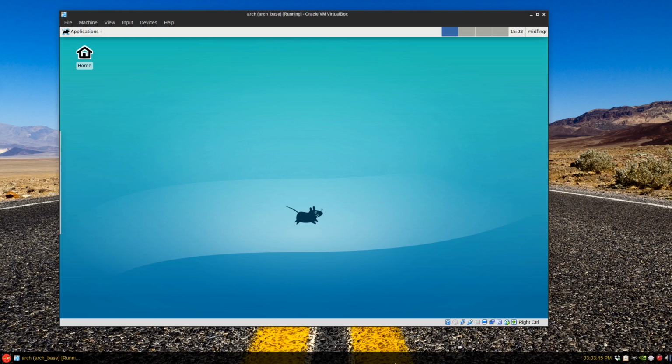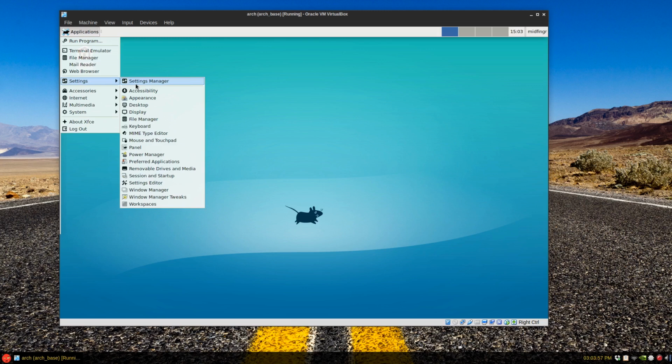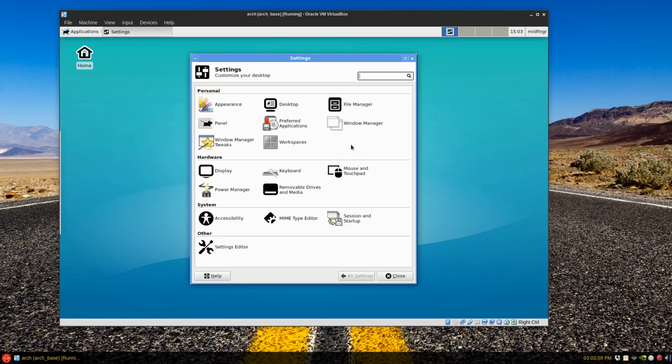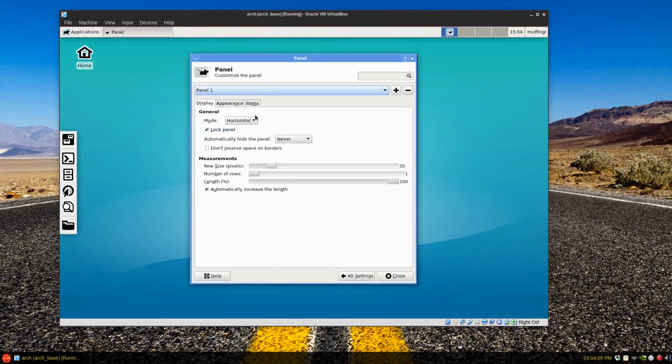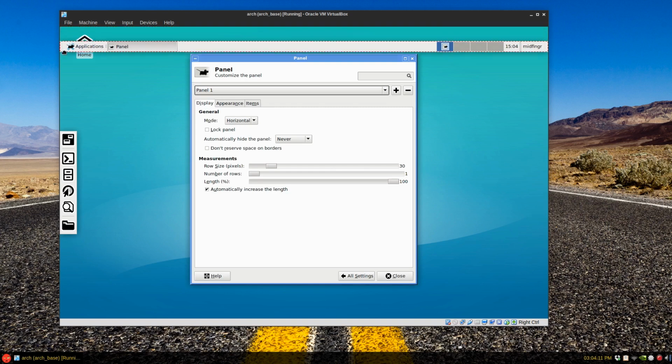So to get similar to what I have, obviously the panel's at the bottom, and I don't have one of these, which you can create or remove or whatever you want. So there's several ways. You can go to the settings manager and just go right to where it has a panel and lock the first panel. See, there's two panels, right? So this is the first panel at the top. You can drag it down to the bottom,